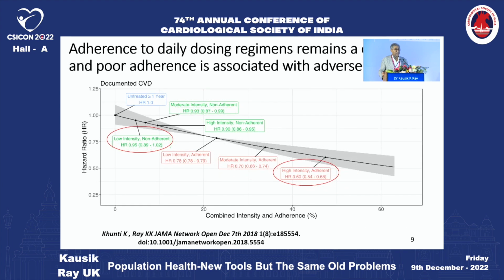Now, if you do the same thing now, and you're looking at hazard ratios, so compared to people not prescribed statins, the biggest reduction in risk is when patients are adherent and we're prescribing higher intensity regimens. So all other things being equal, some part of risk is going to be related to LDL lowering, which is dependent on two things: what the intensity of the regimen is and whether the patient follows that or not.